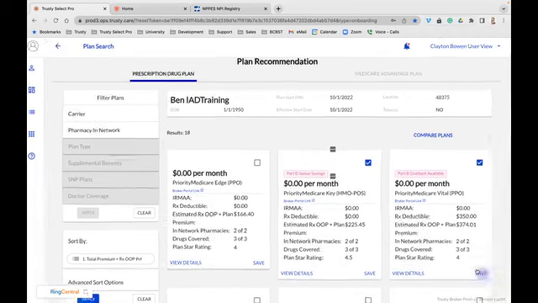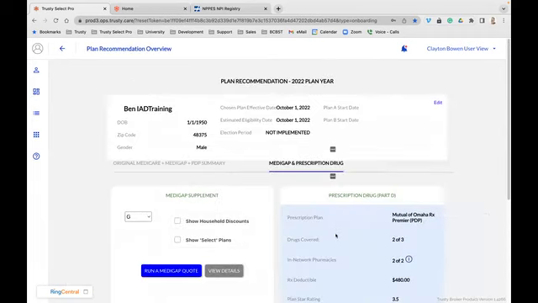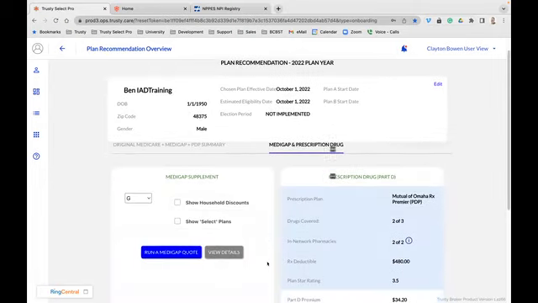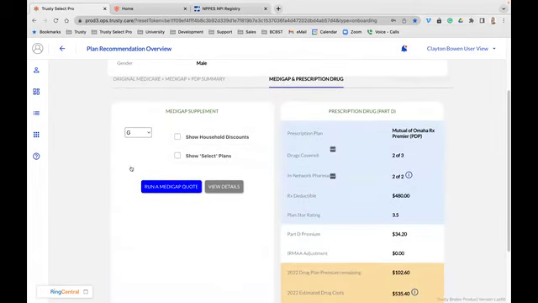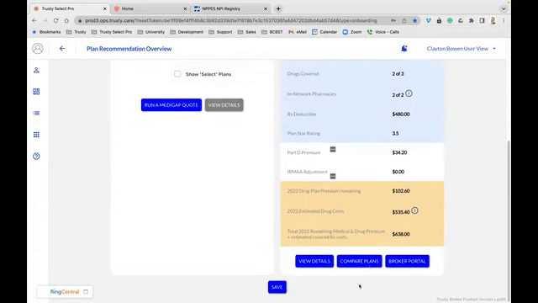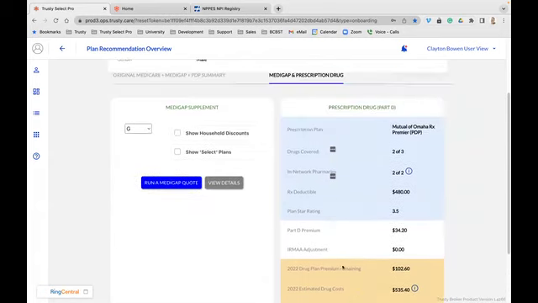All right, so I'm going to save this plan. If I wanted to do a PDP, I could from this particular screen. So there's my Advantage plan. Here's my PDP. Now, once I save a PDP, by default, we select one for you as just a recommendation. It's not one that you have to go with. It's just the Trusty selected plan. And that's based on lowest estimated out-of-pocket highest drug coverage. If you wanted to have a different PDP plan, again, just hit compare plans. Once you do that and you save a PDP plan,